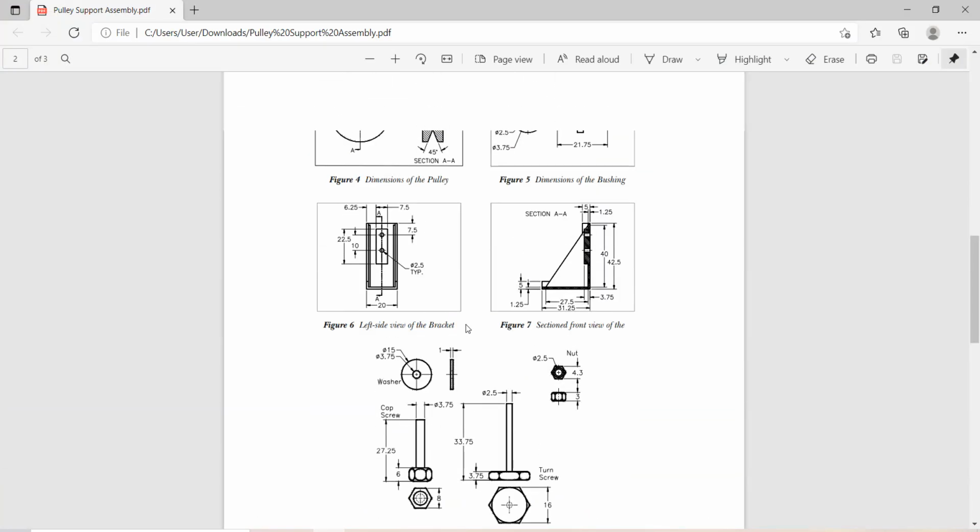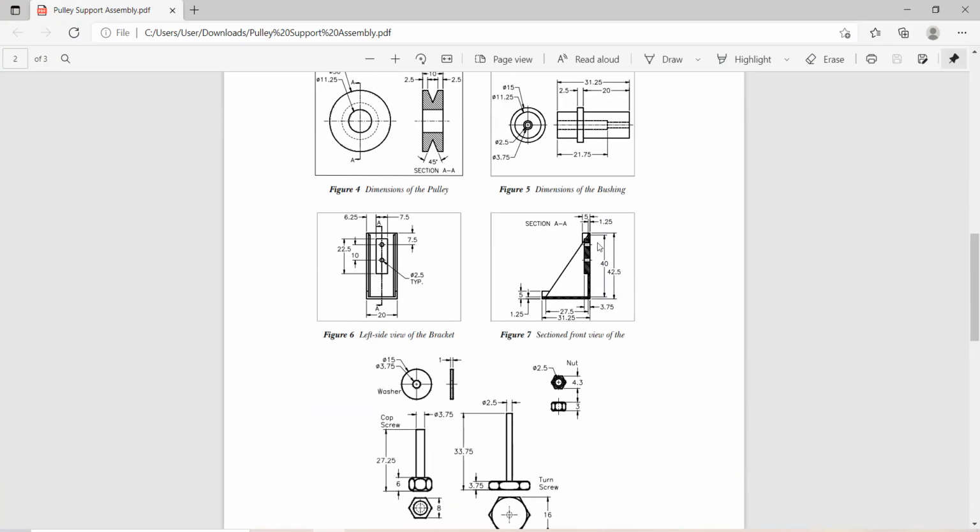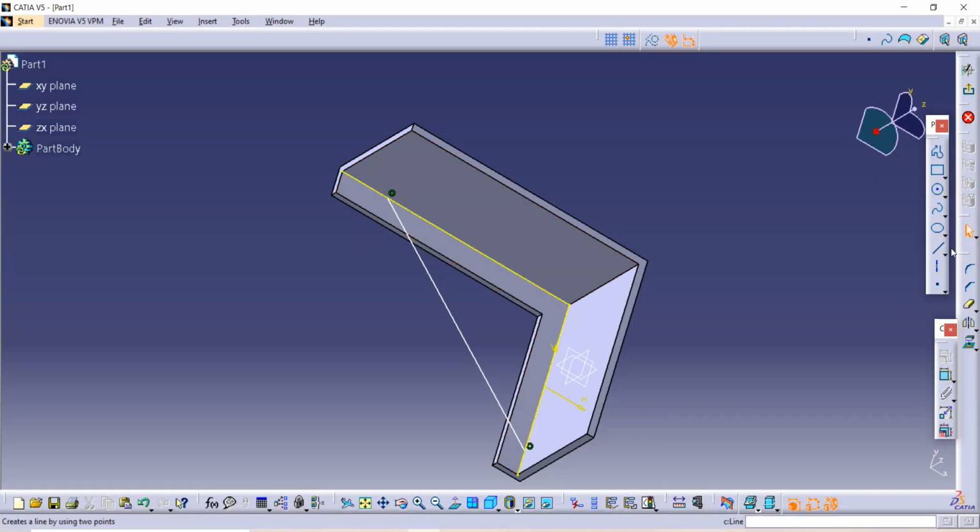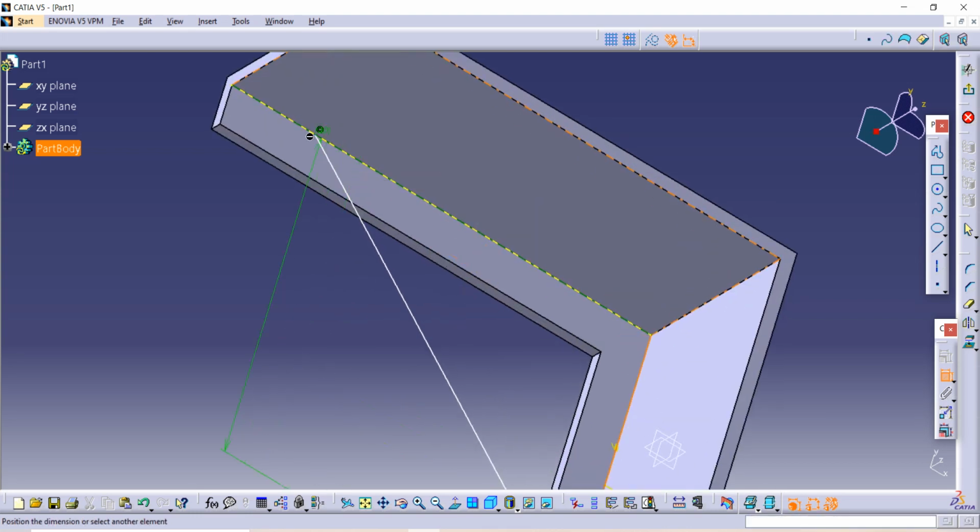Now I will show you the distance of this triangle from this external line to this upward line, which is given as 40. So this line to this line is given as 40. So I am giving the distance here. I am using this constraint option. The distance from this yellow line to this point is given as 40.